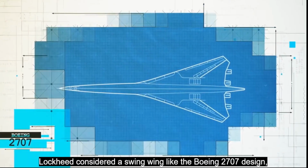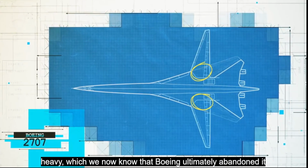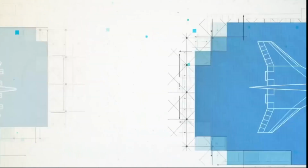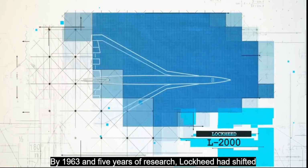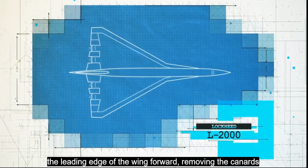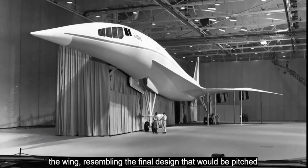Lockheed considered a swing wing like the Boeing 2707 design, but they believed that the joint mechanism would be too heavy, which we now know that Boeing ultimately abandoned it for the same reason. The plane would also need canards for the front to control the plane as it flew subsonically. By 1963, and 5 years of research, Lockheed had shifted the leading edge of the wing forward, removing the canards and moving the engines from within the plane to under the wing, resembling the final design that would be pitched